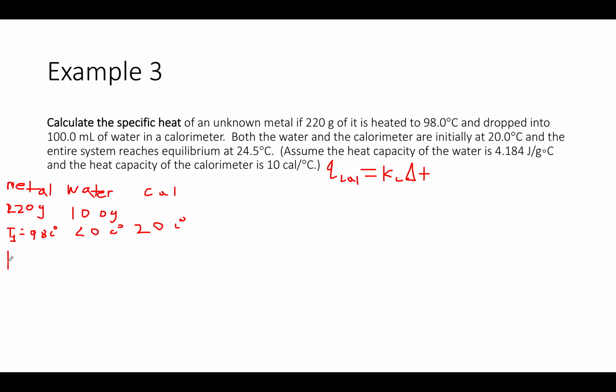I know the final temperature of the metal and the entire system is 24.5 degrees Celsius, so that's for everything, the entire system. So delta T of the metal is going to be a negative value, negative 73.5 degrees Celsius,